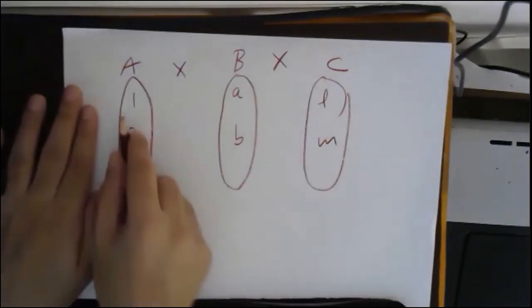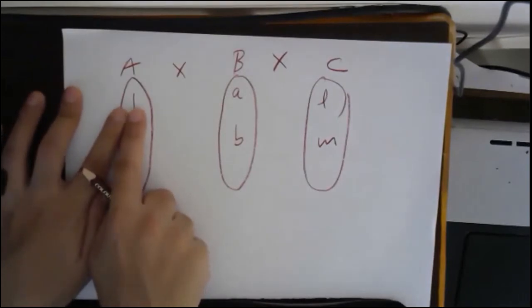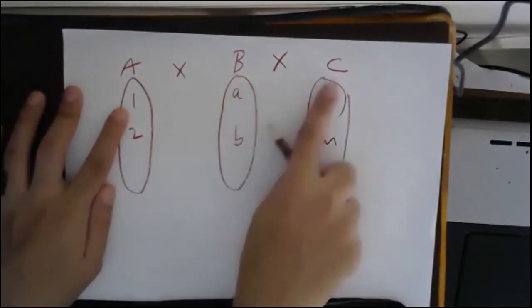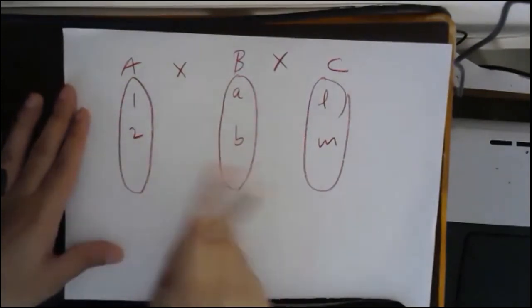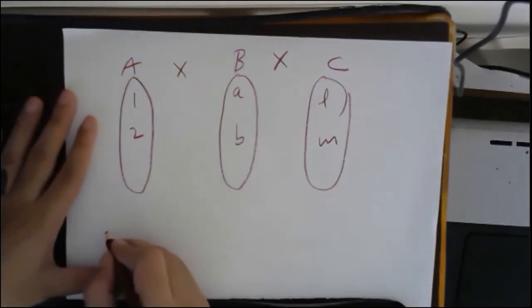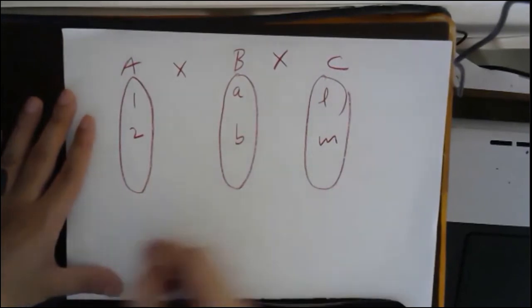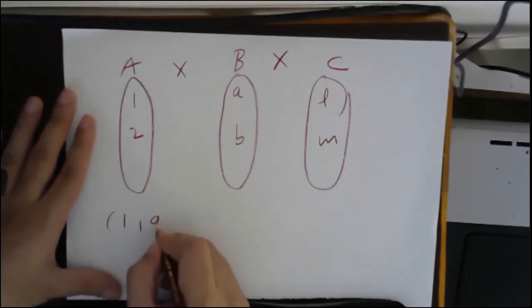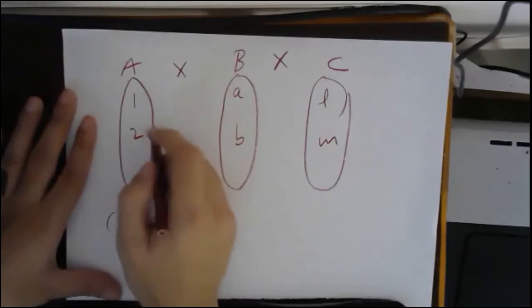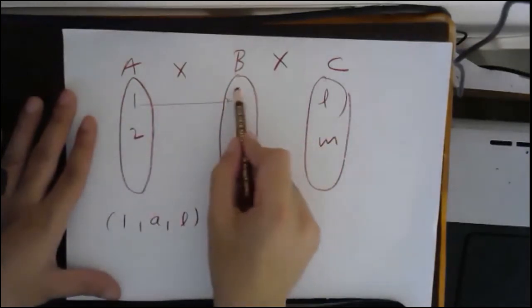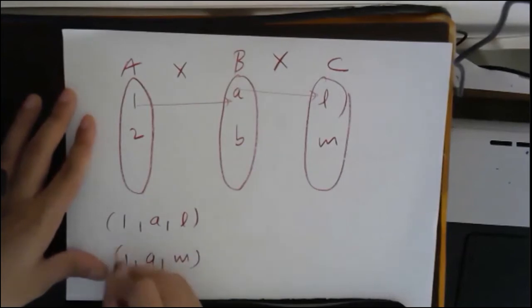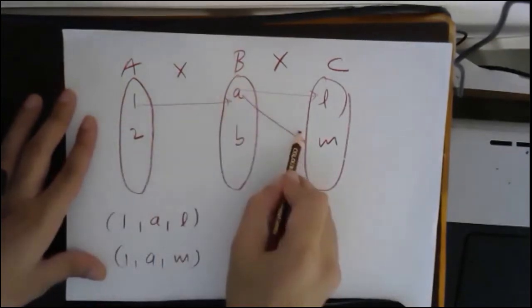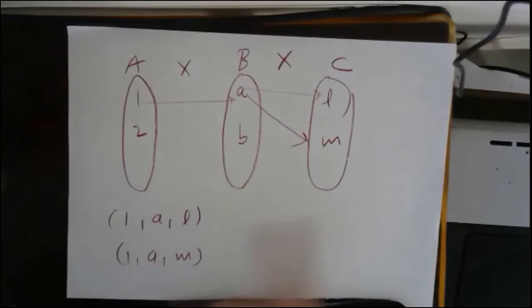So what I will do? I will link A1 with A and B, and then each one will have a link with L and M. Fine. So the simple example I am writing: 1 comma A comma L. 1 is linked with A and then it is linked with L. 1 comma A comma M. 1 is linked with A comma M. So this is also an ordered pair.